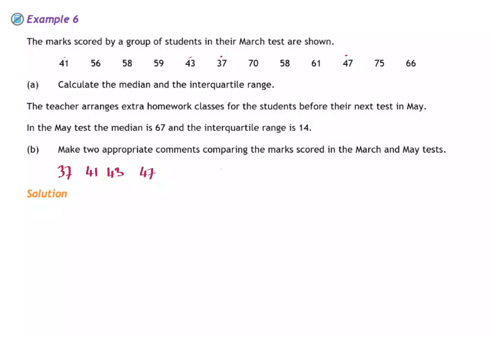And we can start looking into the 50s, and we've got a 56, 58, 59 and another 58 there. So let's get that 56. Then two 58s, and then we've got a 59, and I think that's everything in the 50s. Let's just put a little dot next to them to show that we've dealt with them all, to make sure we don't miss one out. And looks like 60s now, 61 and 66,